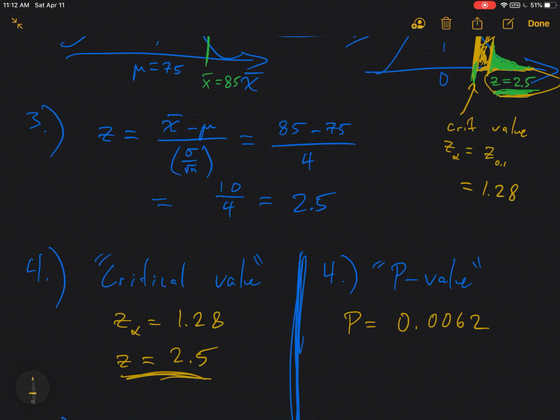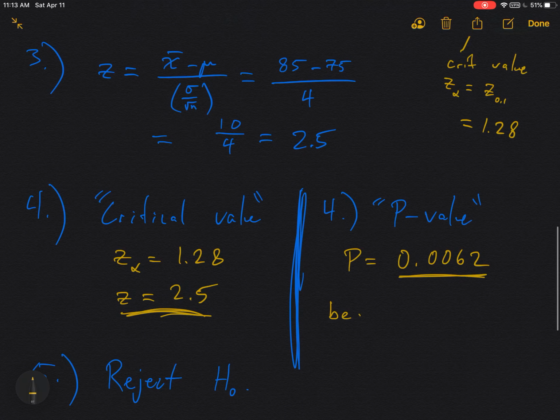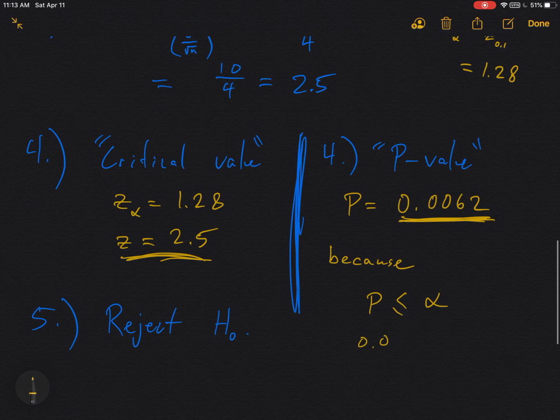And now what this can be interpreted as is you basically have a less than 1% chance of getting a z-value as extreme as the one that we did if the teacher is telling the truth. So if the teacher was telling the truth, it would be very unlikely that you would get a z-score of 2.5 or more. But that's what we got. So therefore, we're comfortable in rejecting the null hypothesis. So because we were willing to put up with an area of 10%, and we ended up getting an area of 0.0062,